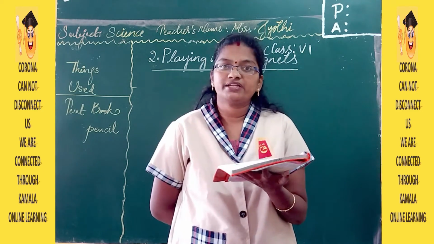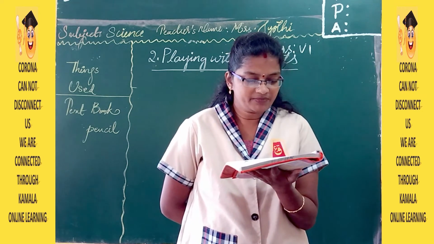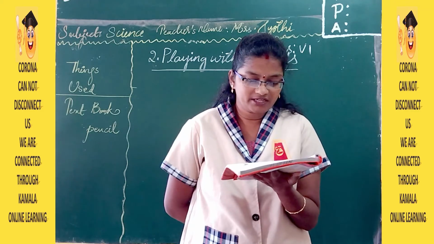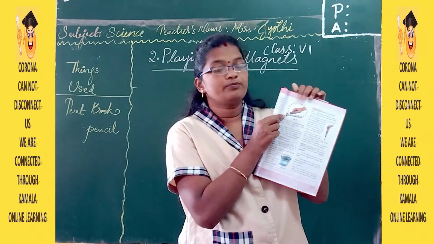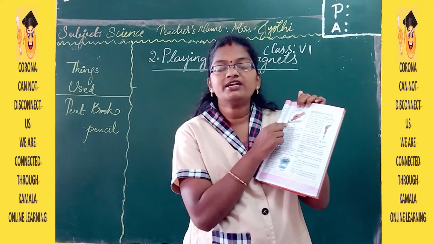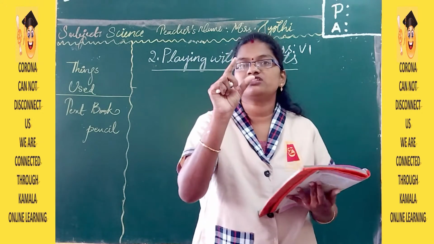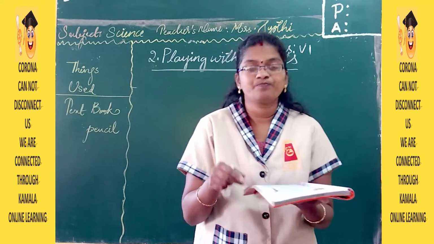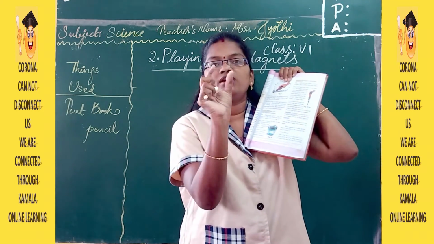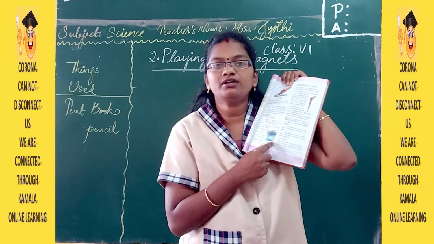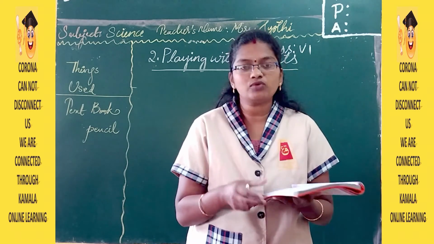So how can you make a magnetic compass? Let us see. Take a magnetized needle, tape the needle to a light cork that floats freely in a glass of water. Whatever needle you have magnetized, that nail which is a little lightweight you can take, or you can take a needle which is there in your home and do it with that needle also. So take the needle, then a light cork, that is a small round piece which will float freely on the water. Then take a glass with water.